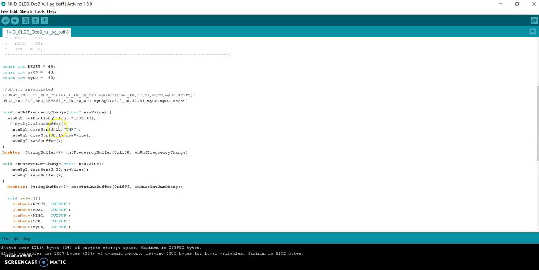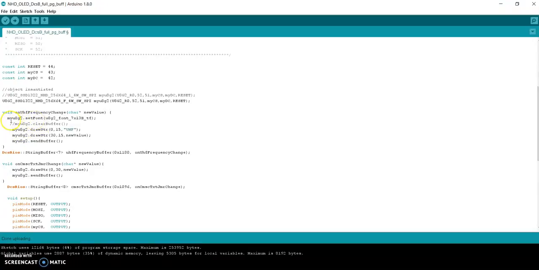I didn't have it change because it was too hard to hold the display and try to change it on the simulator. But anyways, it was outputting it, and that's what I've set up here. So anytime the UHF frequency changes,